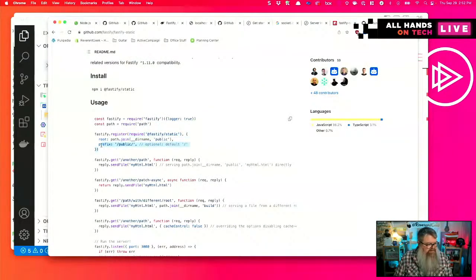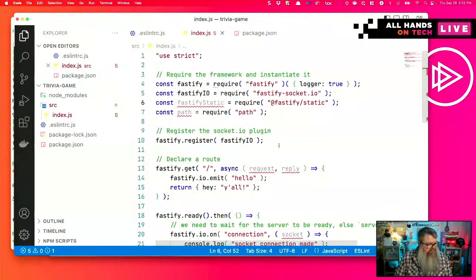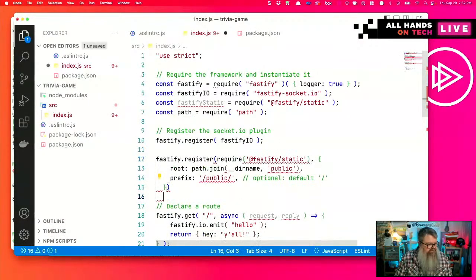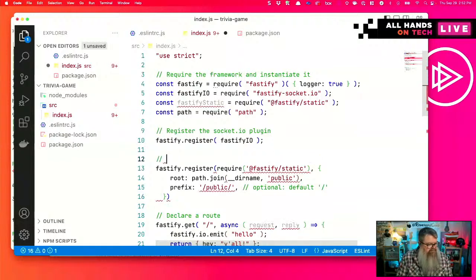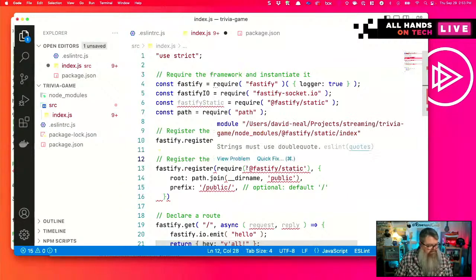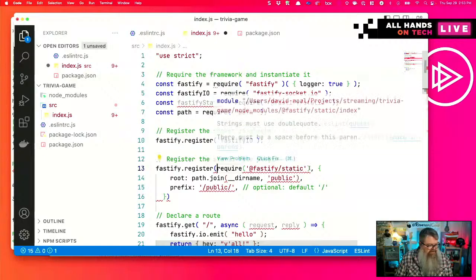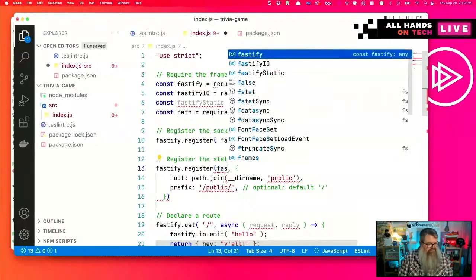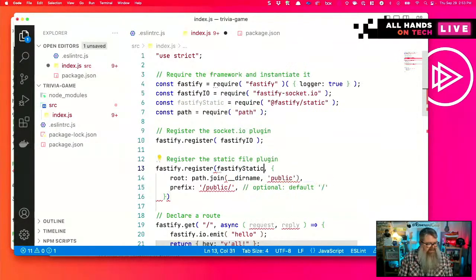I need to register that plugin. And instead of requiring it here, I'll use the Fastify static that we have declared up here.